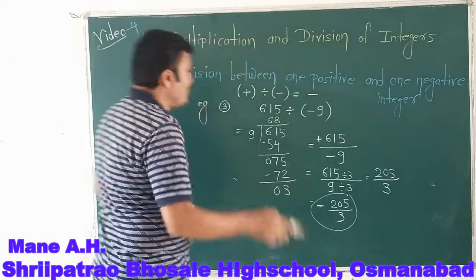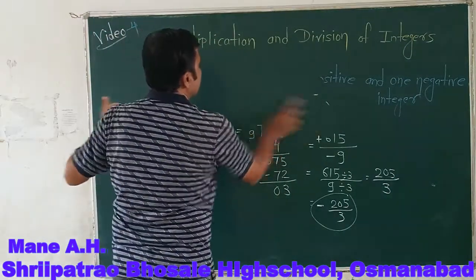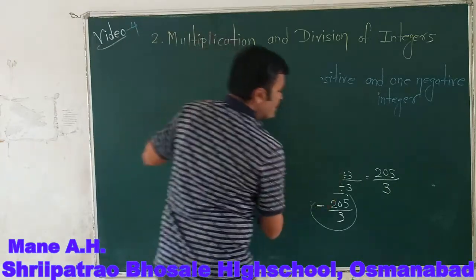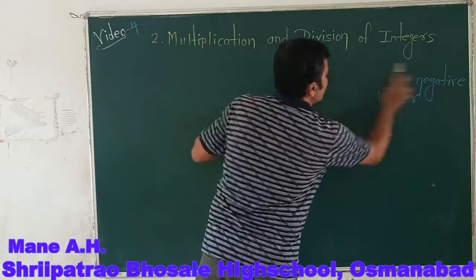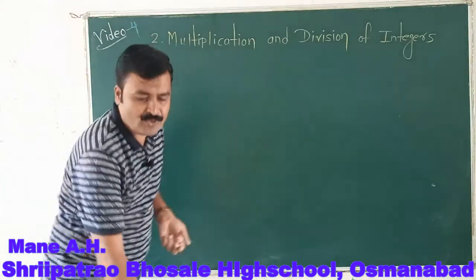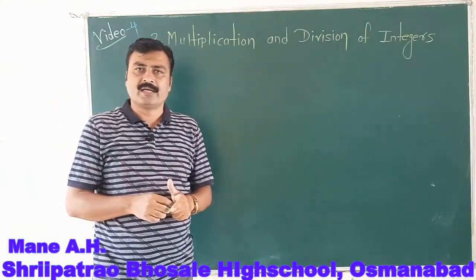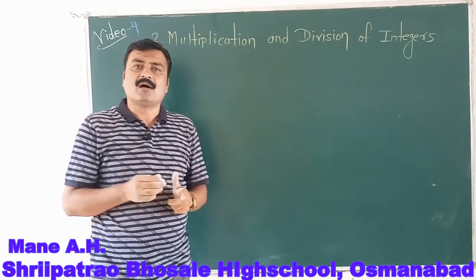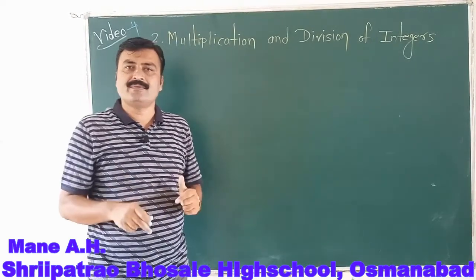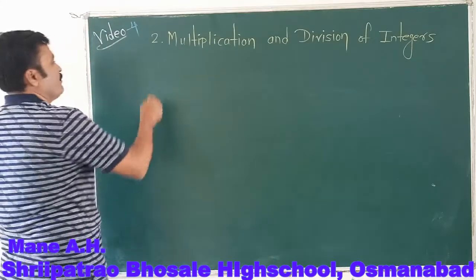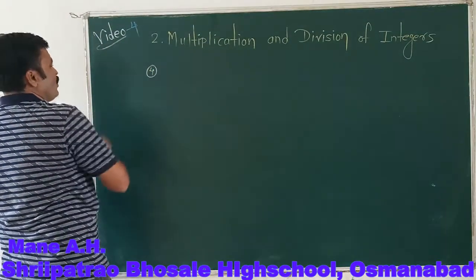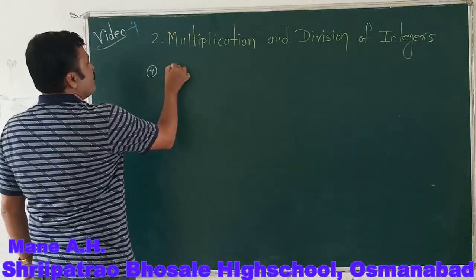Now with respect to this, let's try to continue. Another condition is also there. This is about positive and negative, only these two types of integers. What about the neutral number? Can you remember how we can continue 0 into the division? That's also important here. So here, in a short way, we continue division between